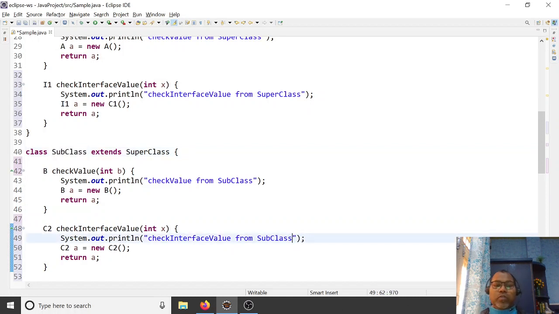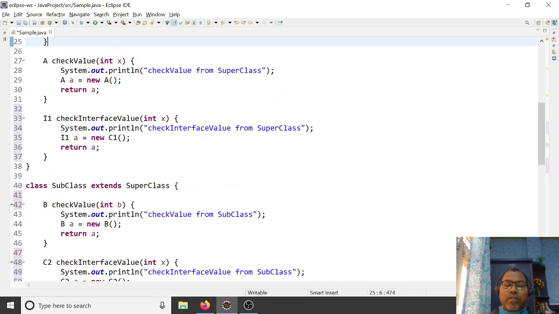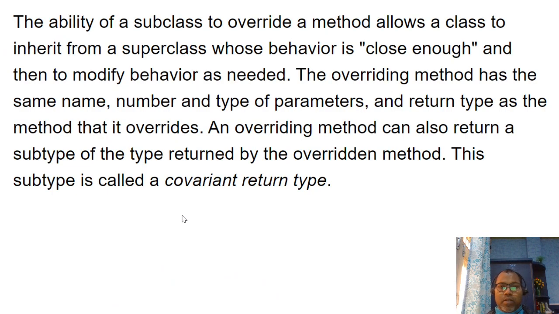In this way, they support inheritance. So this is the ability of overriding with covariant return types.